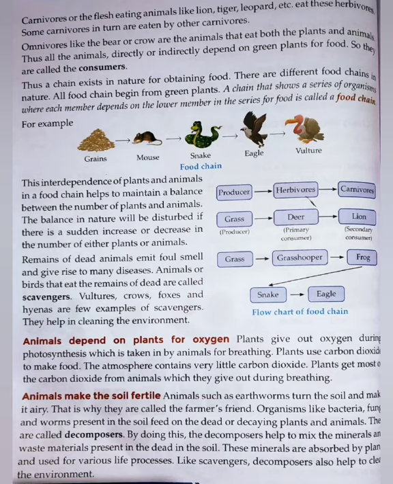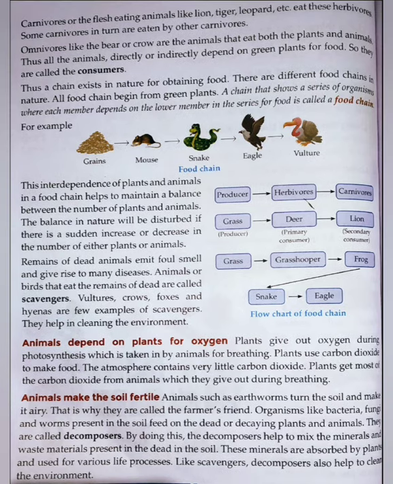So after herbivores, there are other kinds of animals called carnivores. We even call them flesh-eating animals, such as lion, tiger, leopard. So they do what? They only eat flesh of other animals, meaning they eat the flesh of herbivores. Even they also eat other carnivores. So some carnivores in return are eaten by other carnivores as well. Meaning carnivores are the animals who depend on the flesh of other animals only.